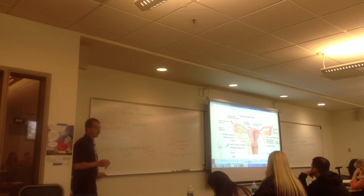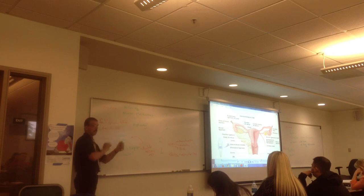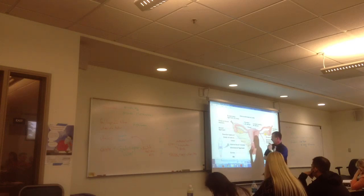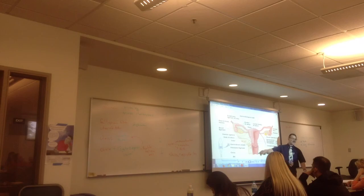The cervix has a different signal, and that's basically the estrogen and progesterone levels of the menstrual cycle. So you'll have a uterine contraction, that's true, but you won't necessarily have cervical dilation. Explain to me why the cervix is open during ovulation? Because otherwise the sperm would never meet the egg. So you don't mean that the egg is leaving the cervix, you mean that the sperm are coming in. Right. The sperm would be basically here, the egg's up there, someone's got to meet. So the idea is